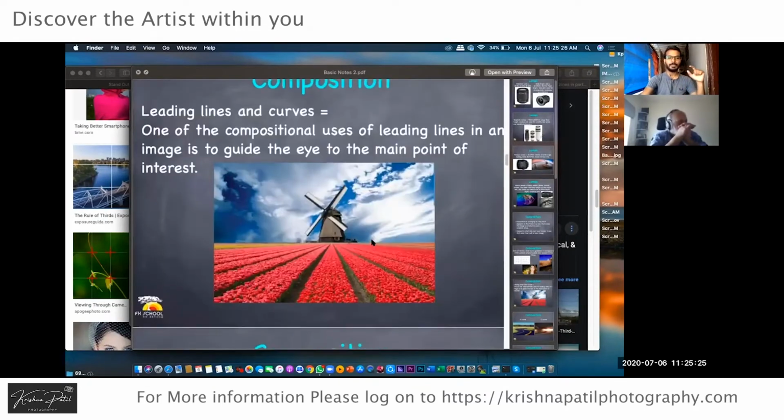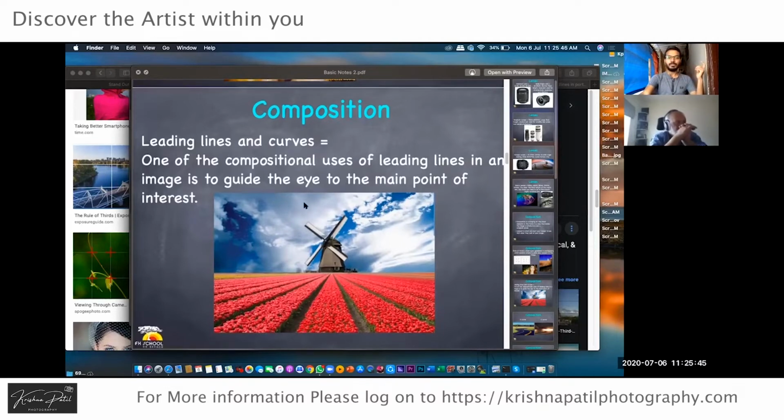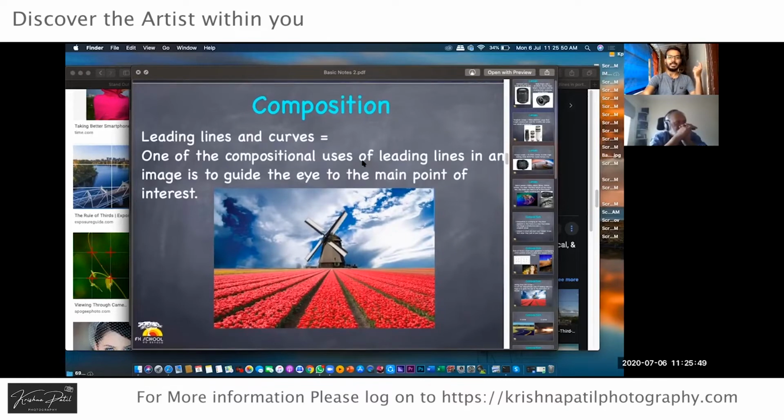तो अभी यहाँ पर जैसे ये कंपोजिशन का एक पार्ट है, तो इसमें एक टाइप अलग होता है, लीडिंग लाइंस और कर्व्स। जब मैं कोई आर्किटेक्चरल फोटोग्राफी कर रहा हूँ, कोई इंडस्ट्रियल फोटोग्राफी कर रहा हूँ, तो वहां पर मुझे ध्यान में रखना है कि लाइंस किस तरीके से होते हैं। मतलब कुछ लाइंस ऐसे हैं जो सब्जेक्ट के टुवर्ड जाएंगे। जैसे इस इमेज में, one of the compositional uses of leading lines in an image is to guide the eye to the main point of interest।